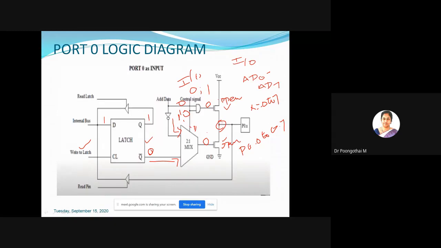Here this transistor is open and also the other transistor is open. So it is going to be in high impedance state because this point is neither connected to 1 nor to ground or 0. So it is at the third state. The third state is nothing but the high impedance state. This is neither connected to VCC nor to ground. So it is in high impedance state in case of port 0 as input.